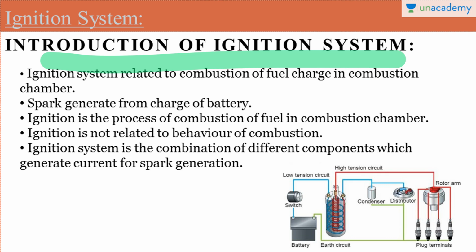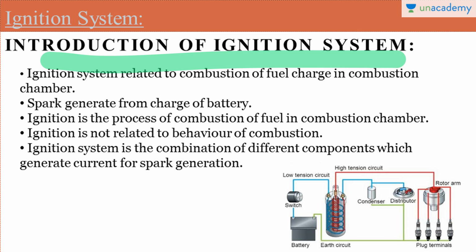And if we are talking about spark ignition engine, or SI engine, then for the combustion of the fuel we need a spark plug. And the spark which is generated from the spark plug is used to ignite the fuel in the combustion chamber